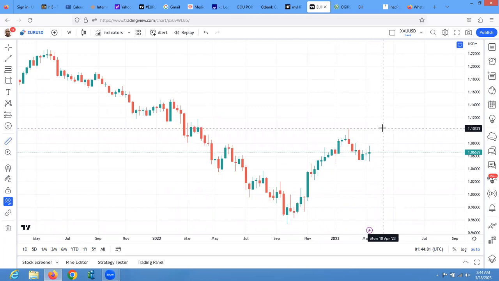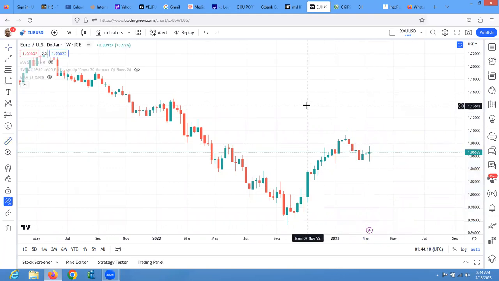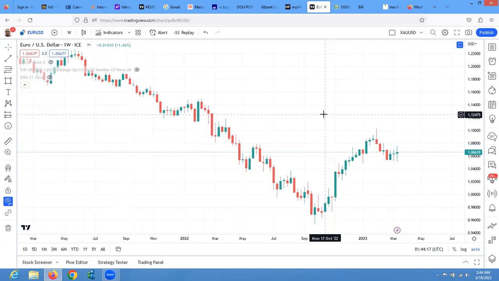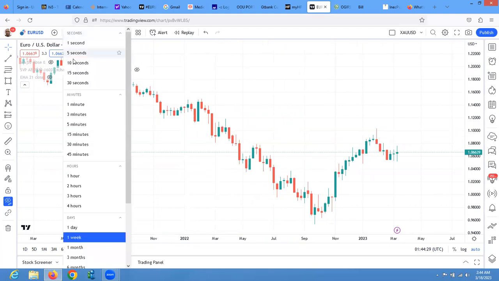As much as about 1,500 pips again. So we must be ready when it's ready, but we are taking our time. It's good to truly study a pair, understand a pair, and you make most of your money once you understand it perfectly. So now let's go to the daily and see what we are seeing now.